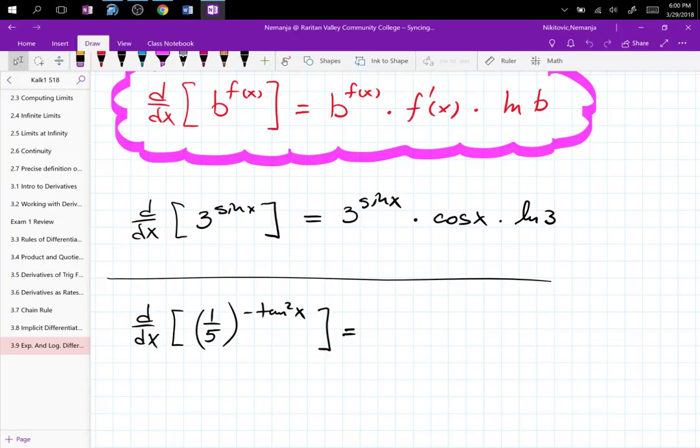Something's done. All right, so let's take a look at this problem. By now you probably figured out that I put a negative exponent, and if you put the negative exponent, guys,